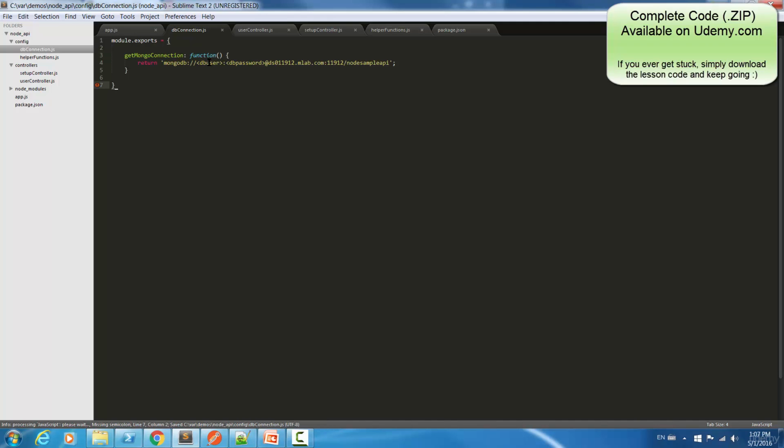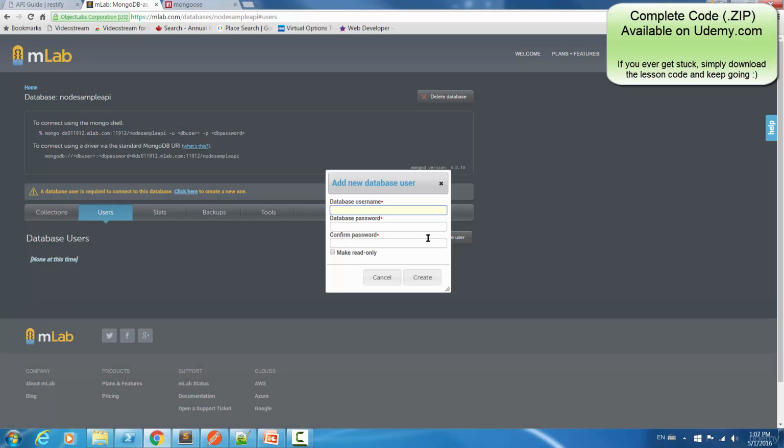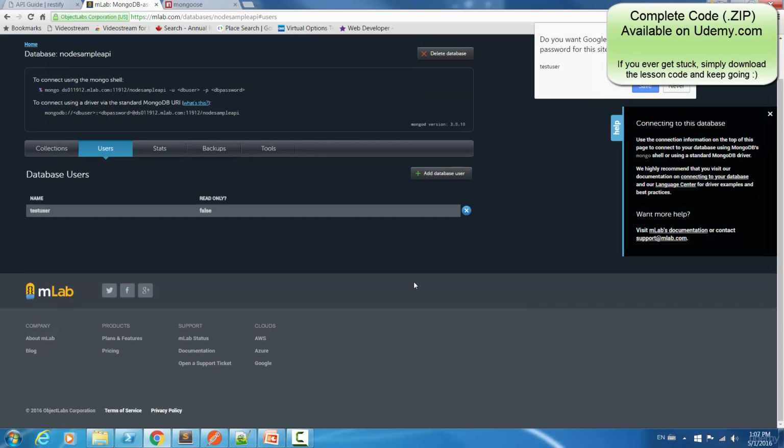So you'll notice that there's this db user and db password. Now, that's not the user and password of our account that we just made. We actually have to go and create a new database user in order to actually use our new database. So I'm going to go ahead and create a user called testuser, and the password I'll just make testpass. Not secure, but I'm just using it for the purposes of this example,